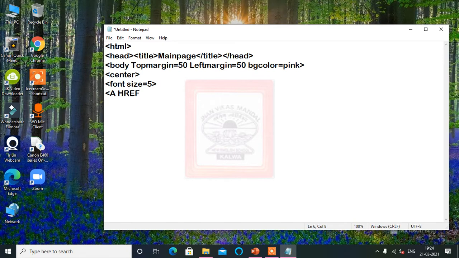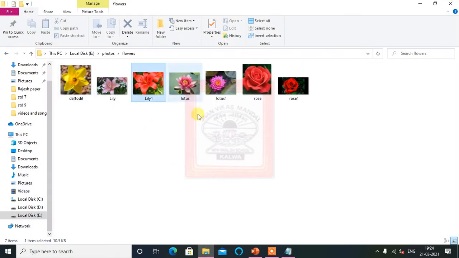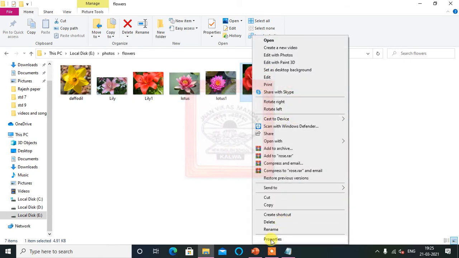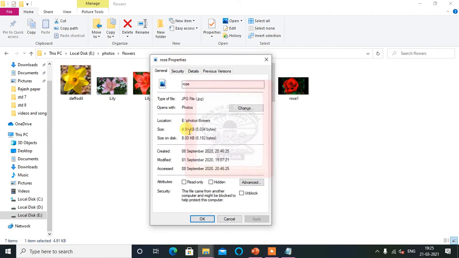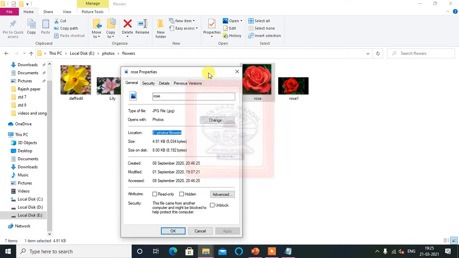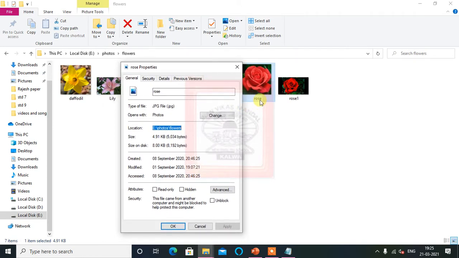in which first of all we are going to open one photo. So for your photos we will require the exact location. So for that I just opened here. This is the photos folder, any photos, but we need the exact location. For example, I open the rose photo. Here I will just see in the properties the address of this. So it is in E drive, photos, flowers. So this exact location I will need here. So I will copy this location from here. And the name of the file is also needed here: rose dot jpg, it is a jpg file. So rose.jpg will come here.